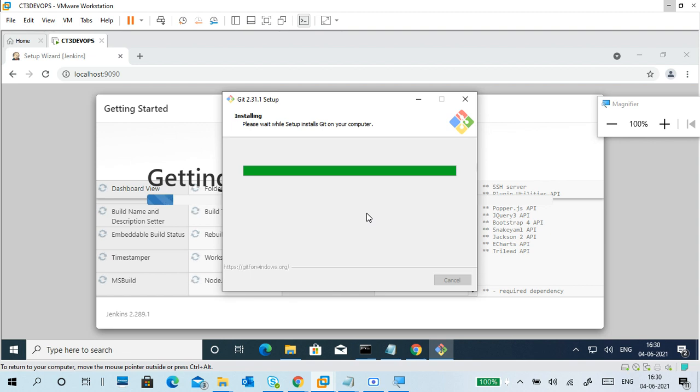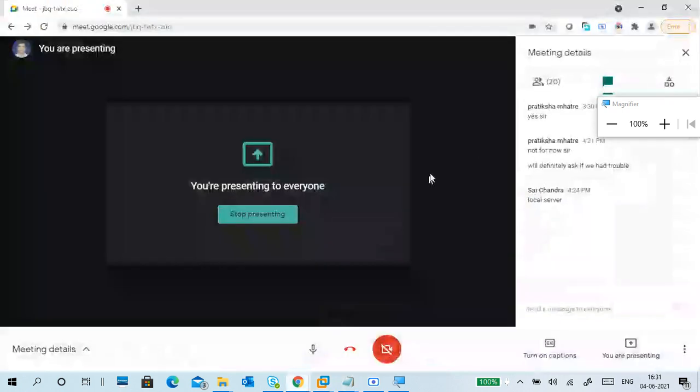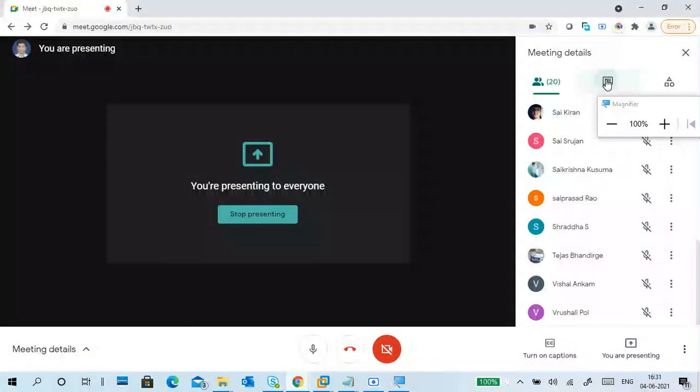Let me ask a question about Git. Who invented Git? Linus Torvalds. Good. Linus Torvalds, who also created the Linux kernel.